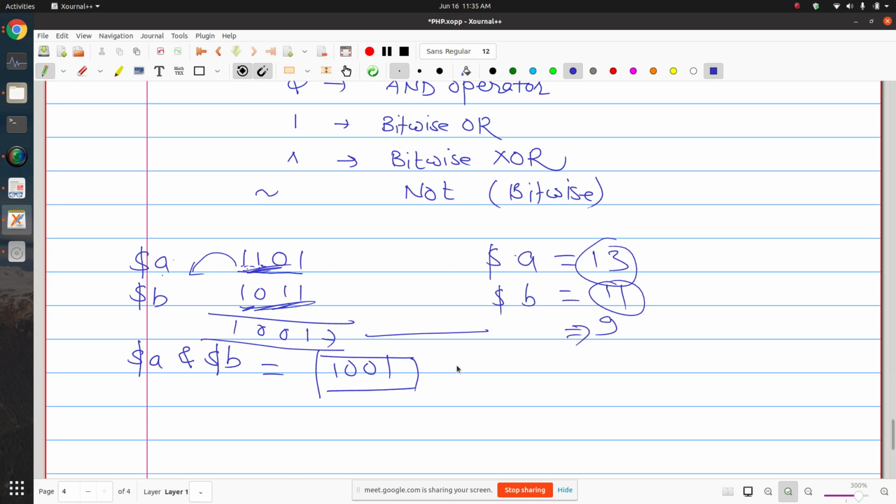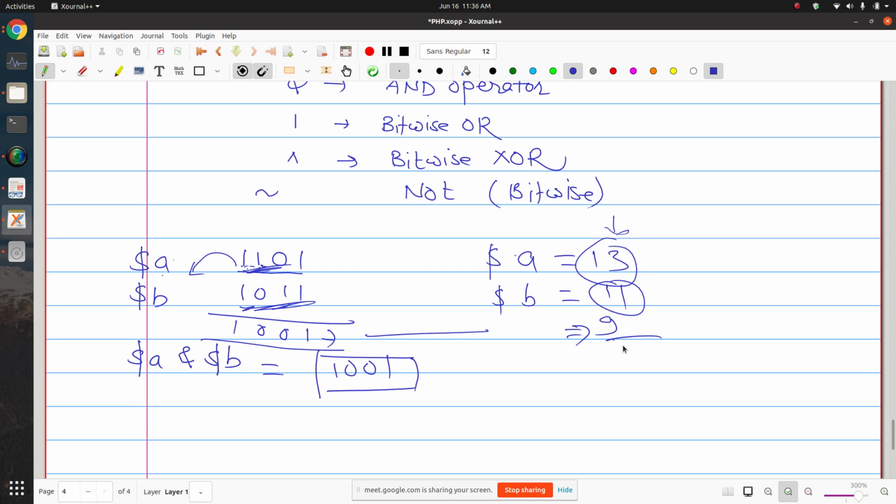So why is this output coming? Because this operator works on bits. That means these numbers are ultimately stored in binary form in the memory, and in the memory the bitwise operation will be done. The AND will be done on bits. So you will get this number. So whenever you have some functional requirement that requires bitwise operations, you can use these bitwise operators.